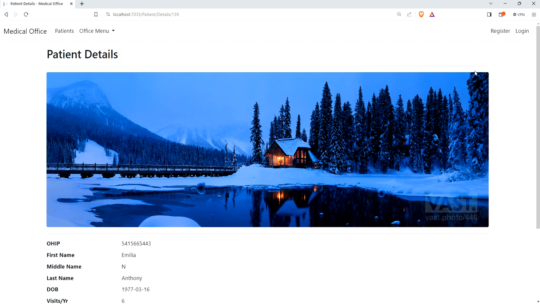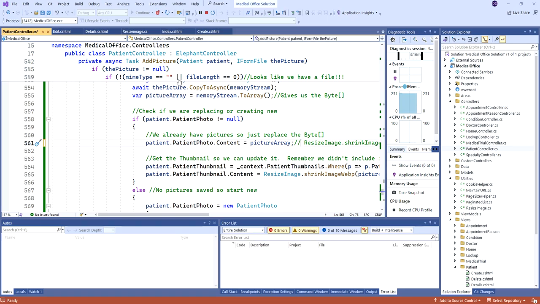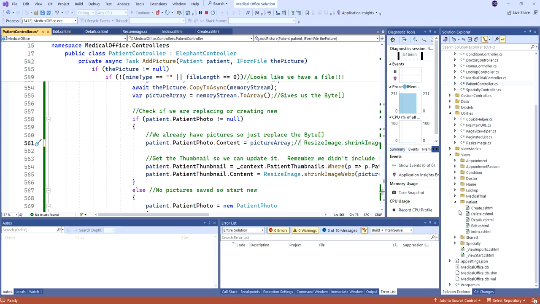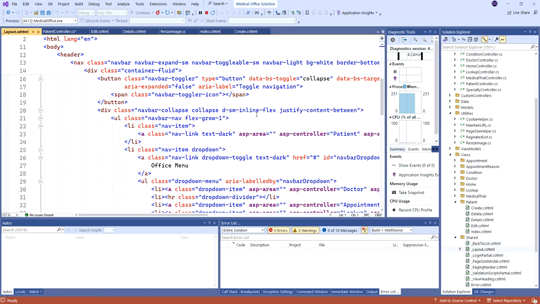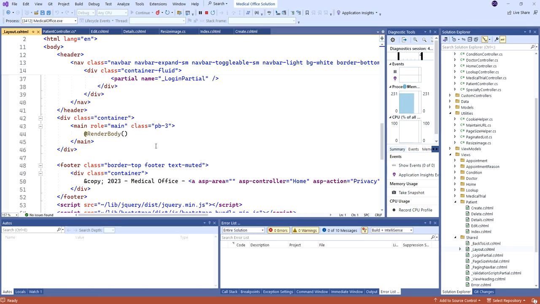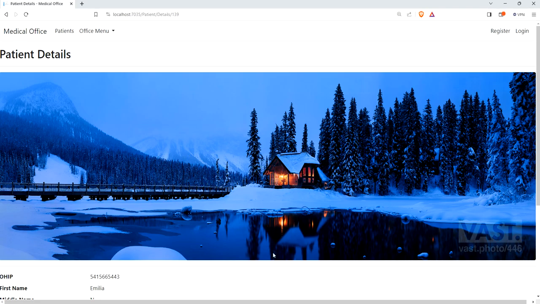Now, the truth is, it's still being constrained by the fact that this is in a container. Well, where's that container come from? Let's come over here. If I bring up views, shared, remember our layout page, underscore layout, this partial view is kind of the host for all of our individual views through this render body approach. Well, see, there's a container here. If I take that out and do a hot reload, let's just see the effect now. Okay, so now it's gotten even bigger. Like I actually have to scroll a little bit to see it all. And it's still being constrained to some degree by